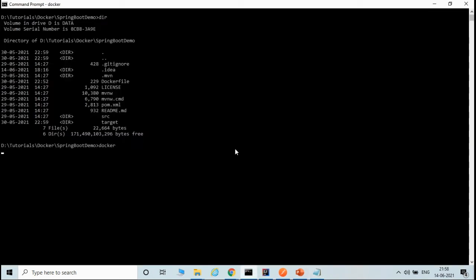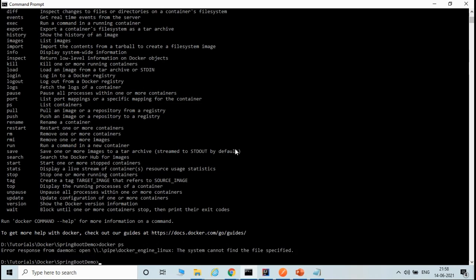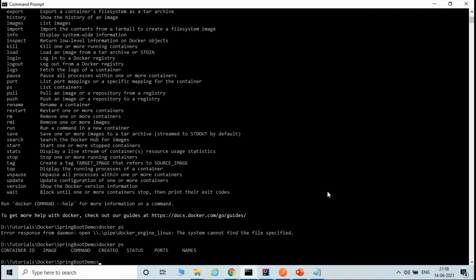Let's type docker. No error is coming. Docker ps to see what containers are running, but still Docker is starting, I believe. Okay, Docker has started. Now you can see that the docker ps command will list all of the containers that are running. Currently no containers are running. I'm in the Spring Boot project folder, where we have the Dockerfile.